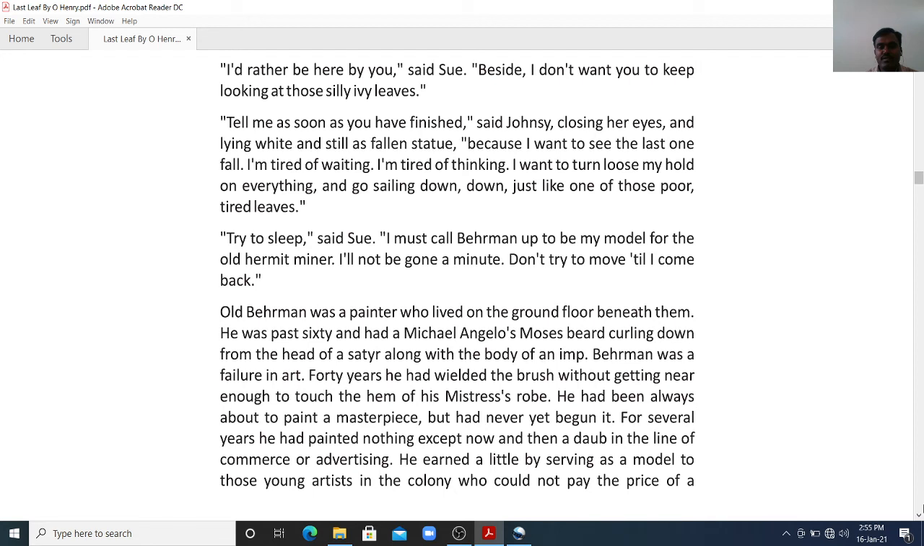So, he had been always about to paint a masterpiece. We understand that he wanted to paint. His intention is to paint a masterpiece, but he had never begun it. And he earned a little by serving as a model to those young artists who could not pay the price of